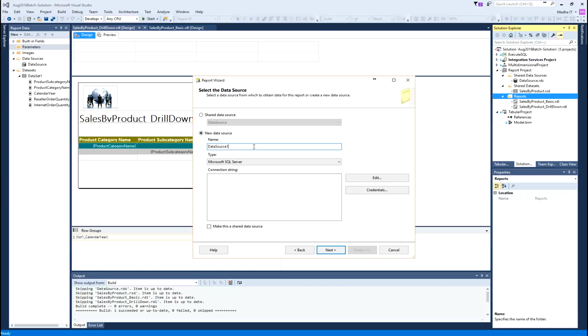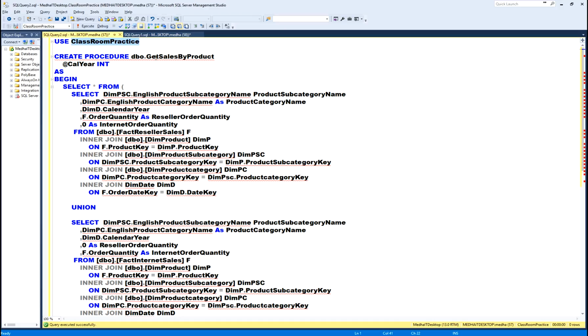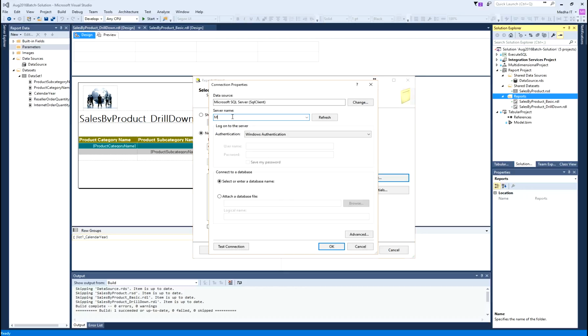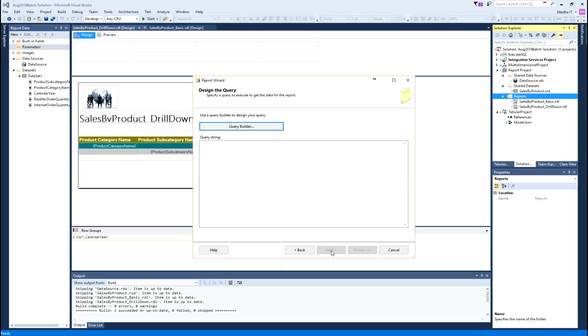New data source, I will call it my database name, edit, and my database is the practice database. Click OK. Next.